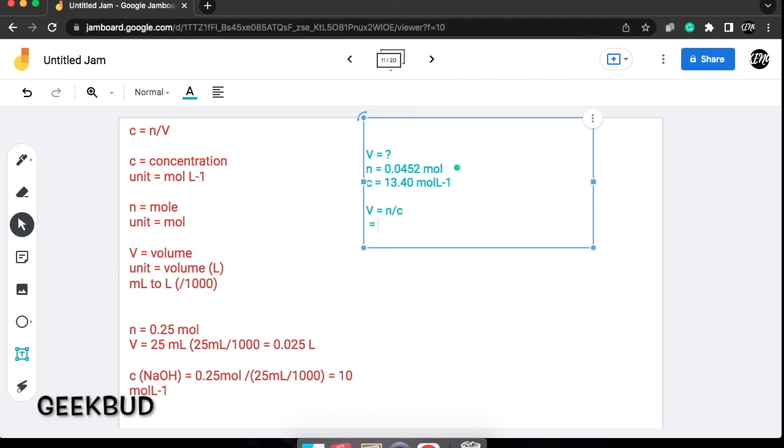So that would equal, volume equals 0.0452, which is your moles, divided by 13.40 mole per liter. Okay, so if you plug that into the calculator, you should get an answer of 3.37